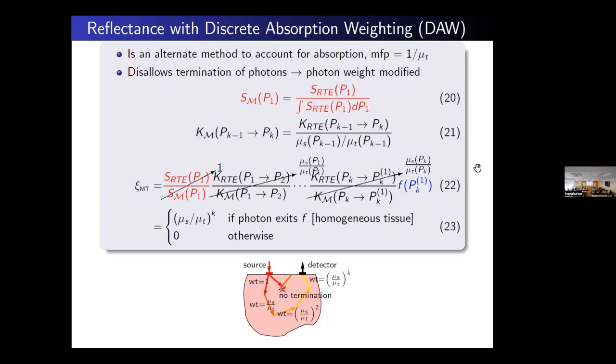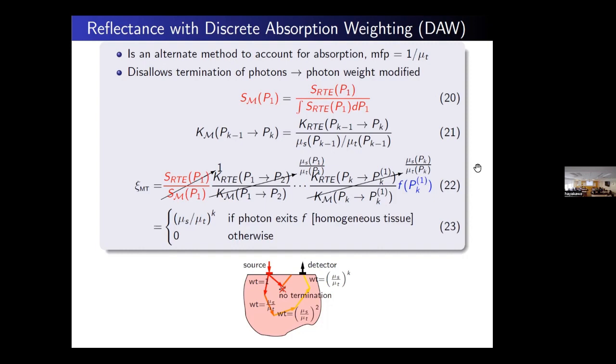So in discrete absorption weighting, we still sample the transport with respect to the mu t, e to the minus mu t. So when you do that and you form the expectation of that, the mean-free path between collisions is 1 over mu t. I think this might have been a length scale on the first talk. There might have been a 1 over us, which is the mean-free scattering path.